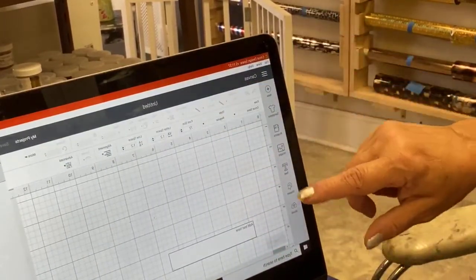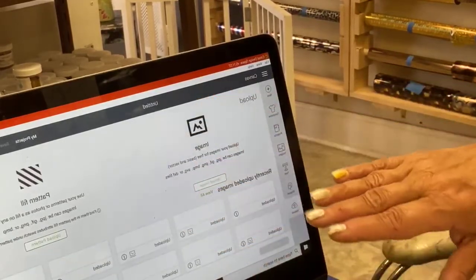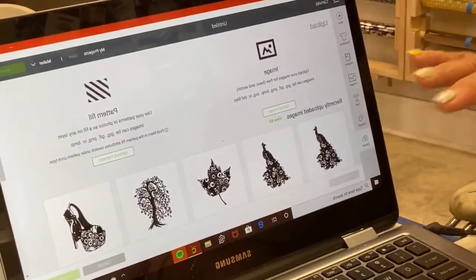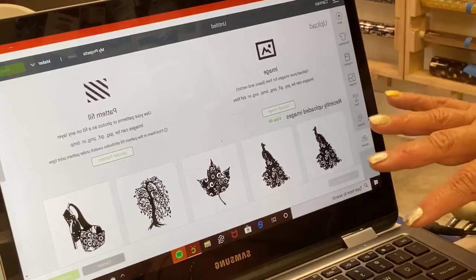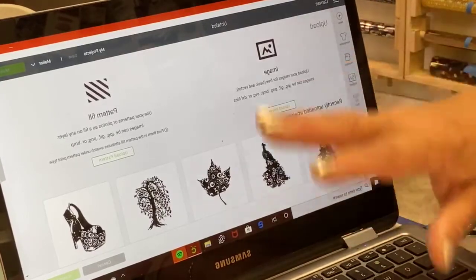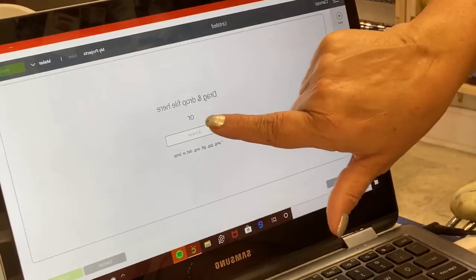You choose your font. You have shapes, or you can upload stuff if you have SVG files that you've already worked with. If you've purchased SVG files and things like that from other manufacturers, either from Etsy or from other creative sources, then you can upload them here, and you hit upload image, you hit browse,